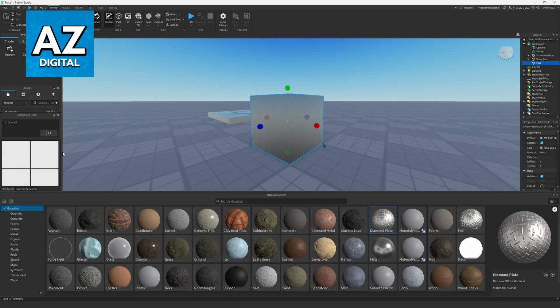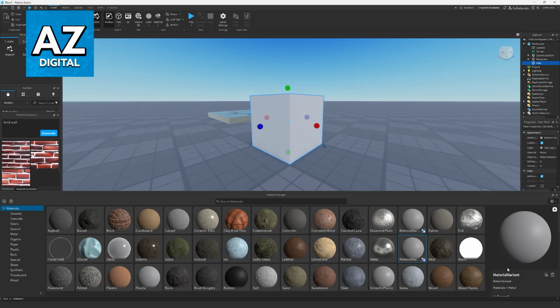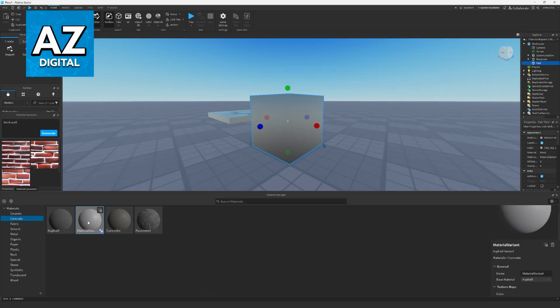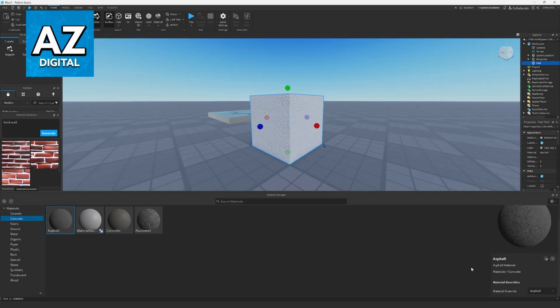And then it is going to take a while. They are going to generate some textures, and you can use them however you prefer. The variants that you create will appear over here, and you can apply them as well. Of course, these variants are going to be blank because they don't have a base material applied, but you are able to manage them as long as you choose the options here, Materials Overrides. So as you can see, it actually created some brick walls. Let's say I wanted a brick wall with moss. I can also do this.